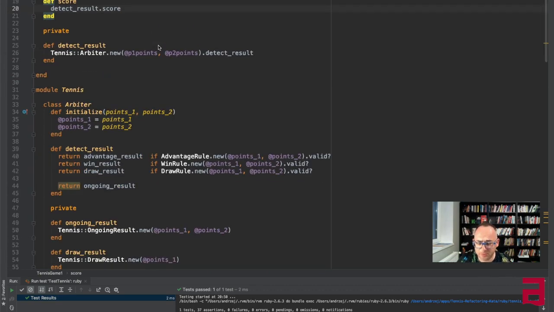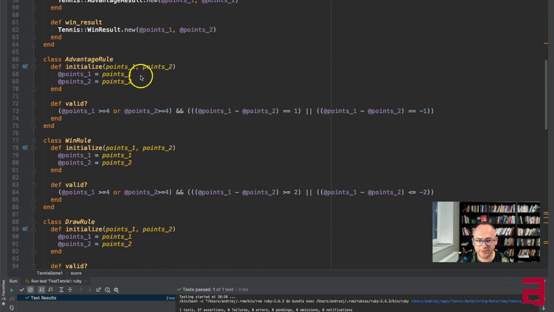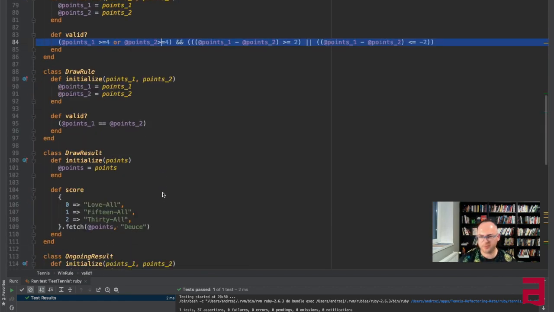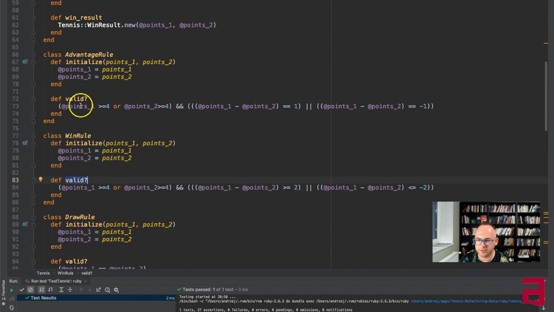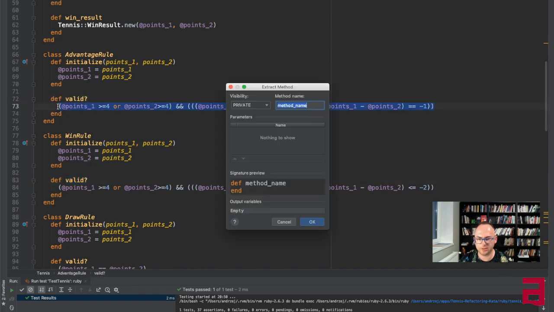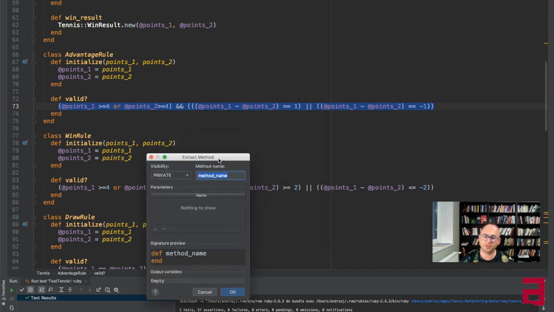One of the things I want to improve now is those ugly predicates. One idea for how to do it: it kind of came out as the same interface for all those classes. So let's keep it the same, but let's try to make it more explicit in English what the rule actually is. And the rule here is that either